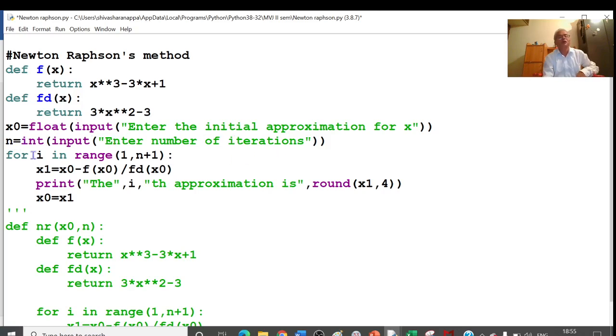I will go for the for loop here. For i in range 1 to n plus 1, I am finding x1 here, the first approximation: x naught minus f of x naught divided by f dash of x naught. Then I will print this x1 value. Then I give an assignment statement, x naught equal to x1. That is, the fresh x1 will be placed in the name of x naught, and that is used here. Then we get the next value, x2. If I run this program,